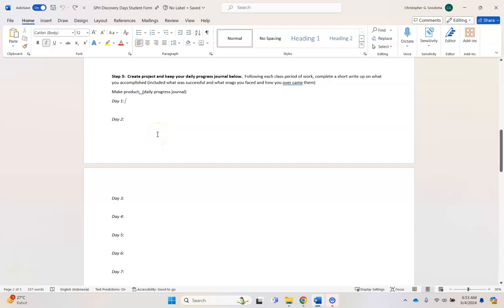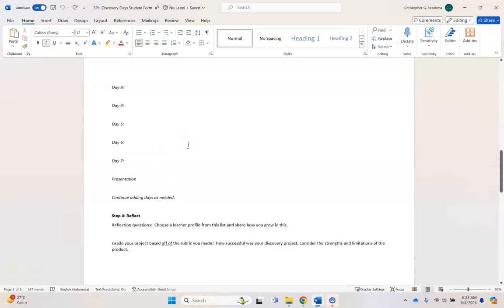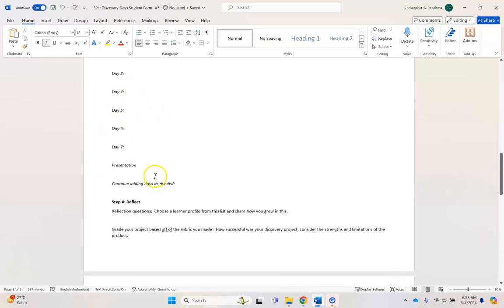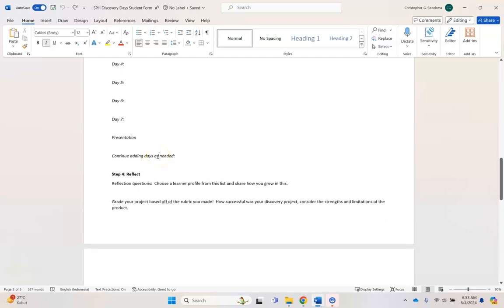Starting June 5, this will be checked. So the second day of the project, we will be checking to make sure that you're filling this in, you're on task, and that you're ready for the presentation, right? That's going to be to your supervising teacher. And if there's more than 7 days that you're working on it, I think some groups might have 8, you'll add another day for that, but it's just writing down what you did. It'll take 5-10 minutes at the end of every day.